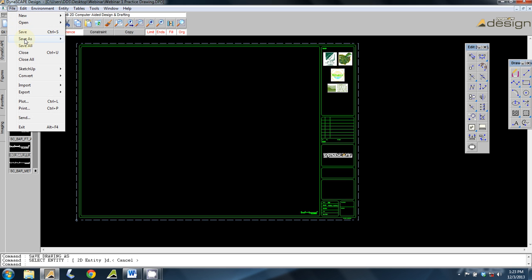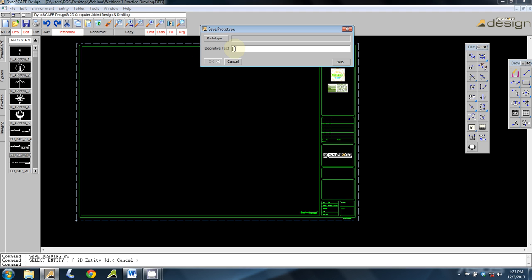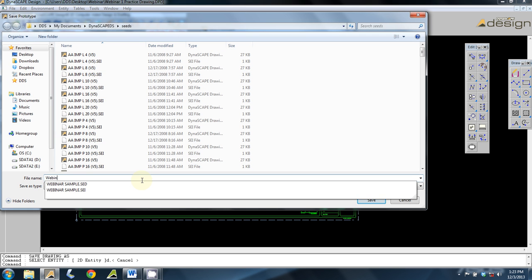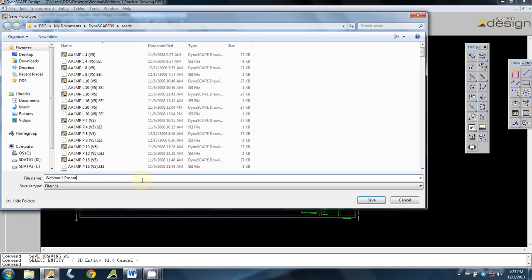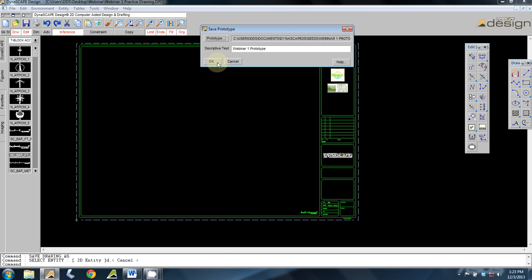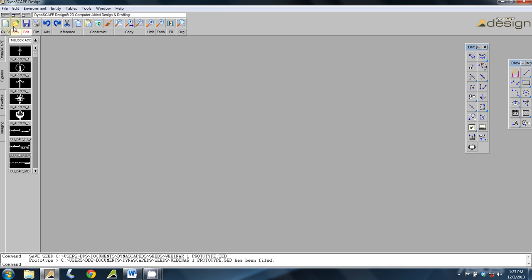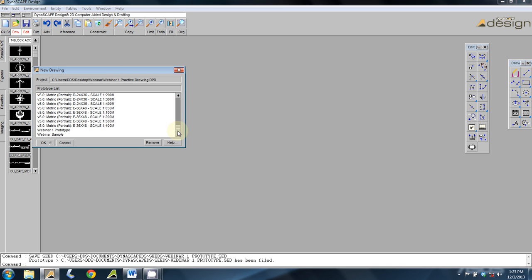So the other option is you save it as a JPEG, Adobe PDF that you can email. But right here, prototype is where you want to save this. So let's call this Webinar 1 Prototype. Then we'll click up into prototypes. I'm going to call that Webinar 1 Prototype. Save. Okay. So now what we should be able to do is close this out, go up into our